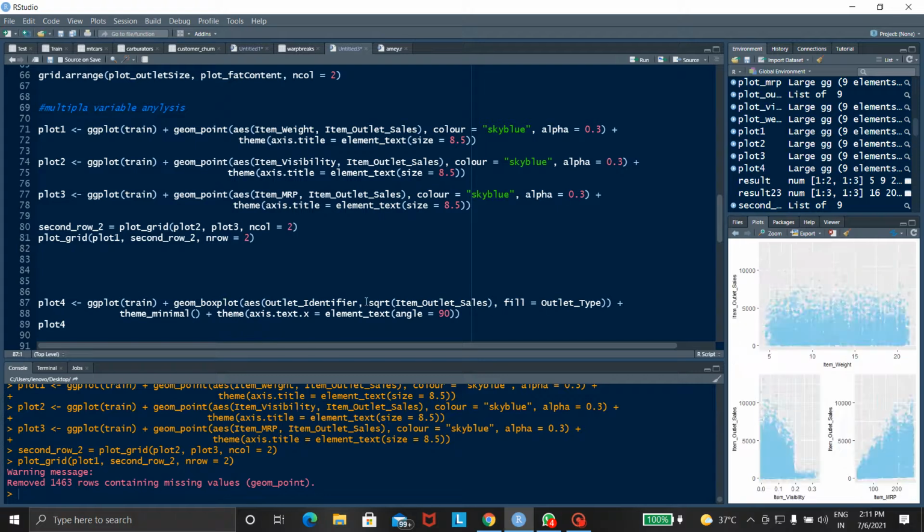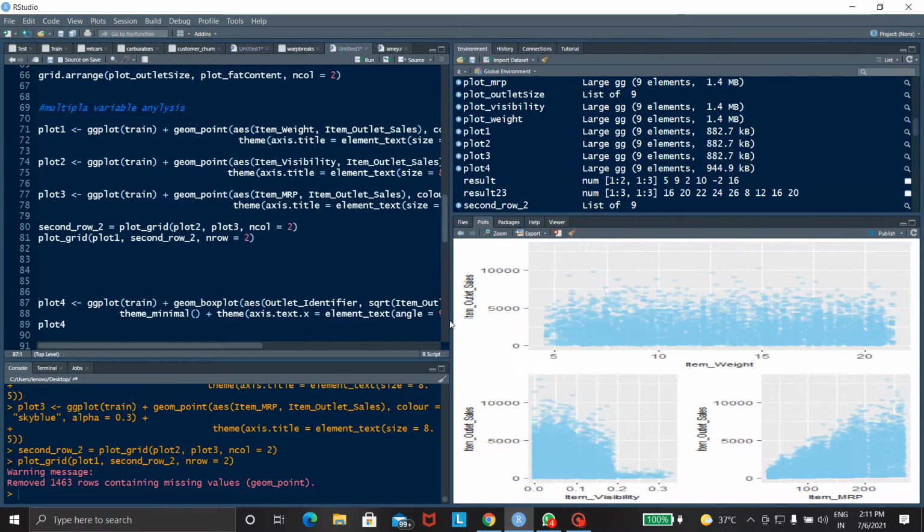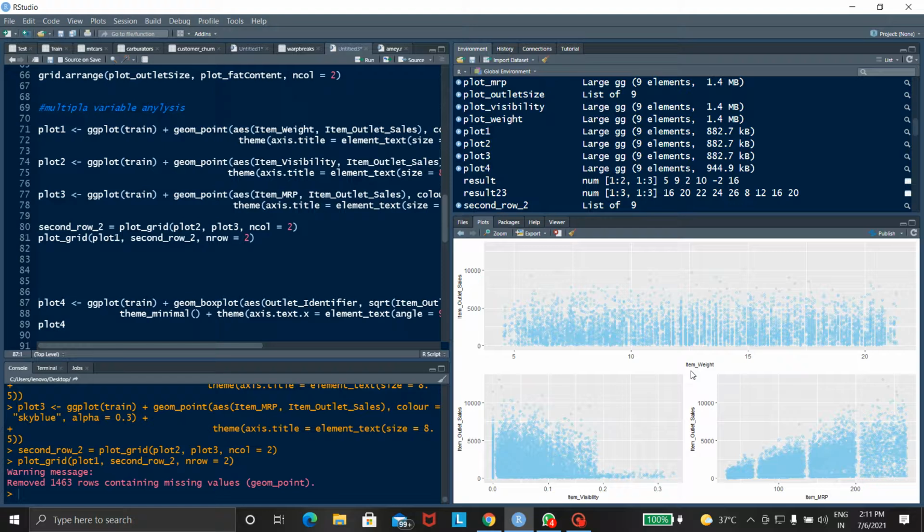It takes some time. Here is the output of this program. We can easily see this output. The first output is item outlet sales and item weight. Second is item outlet sales and item visibility. And third is item outlet sales and item MRP.